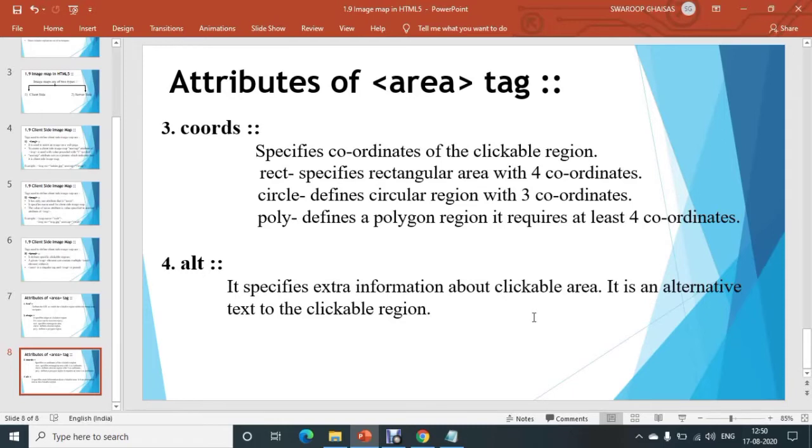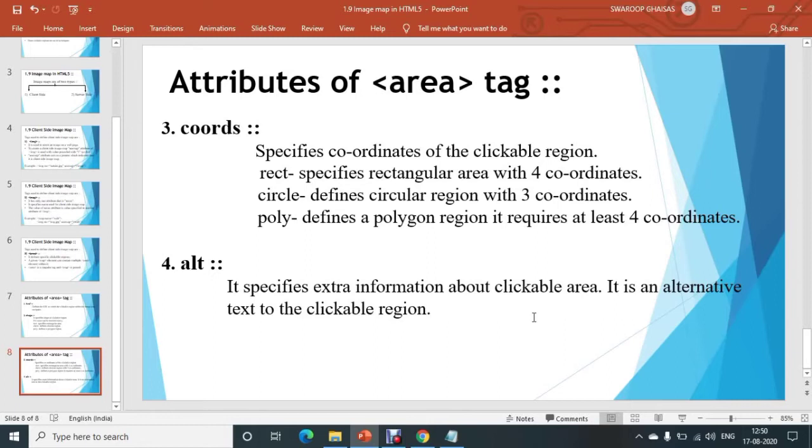And if that area is a polygon, it defines a polygon region and it requires at least 4 coordinates. You can give more than 4 coordinates as well. In this way you can specify the region or area by specifying a certain shape, and to define that particular shape the coords attribute is used. That is, you have to specify the coordinates of that particular area.